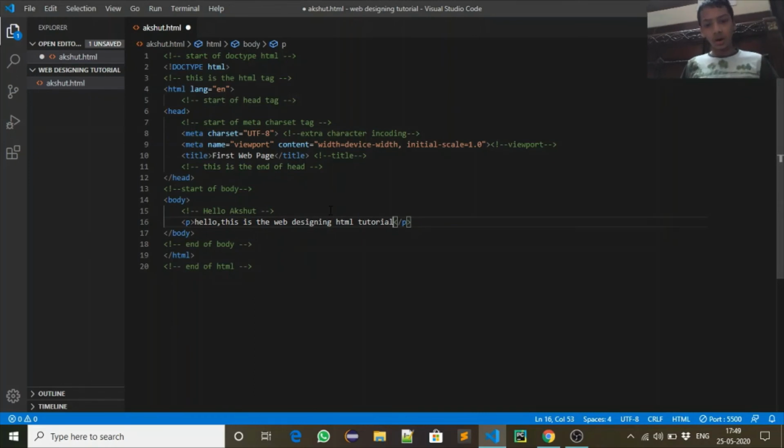So now I will tell you another tag which is BR, and it is used for line break. So like I will put BR here. It is a block level element. So paragraph is a block level element and BR is an inline element.